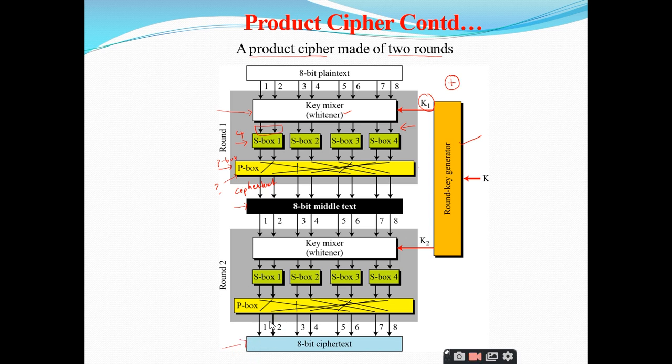This is a very simple example to understand the concept of product cipher, where I am taking 8-bit plain text, mixing with the key and dividing the 8 bits into 4 equal parts which consist of 2 bits each, and again all these 8 bits are given as input to the P box, and finally I will be getting the intermediate text. The same scenario is repeated with n number of rounds, but here for our understanding purpose we have taken only 2 rounds, right? Is it clear up to this point?